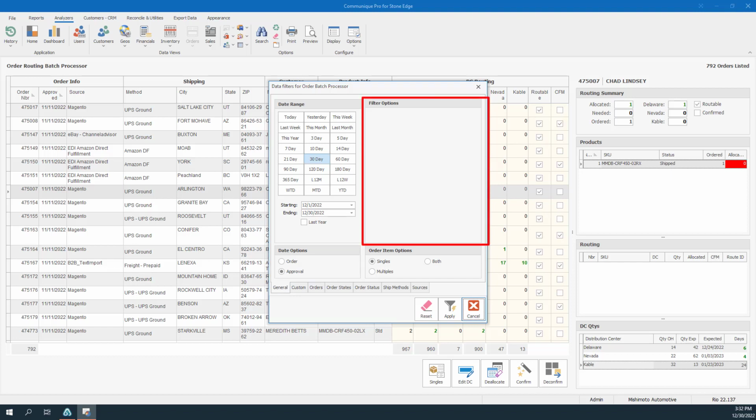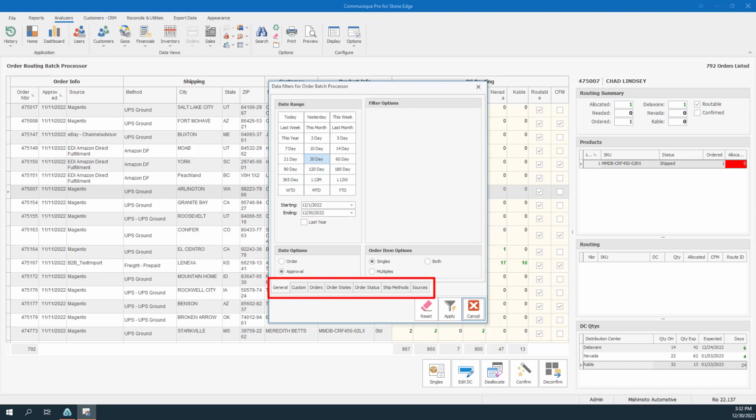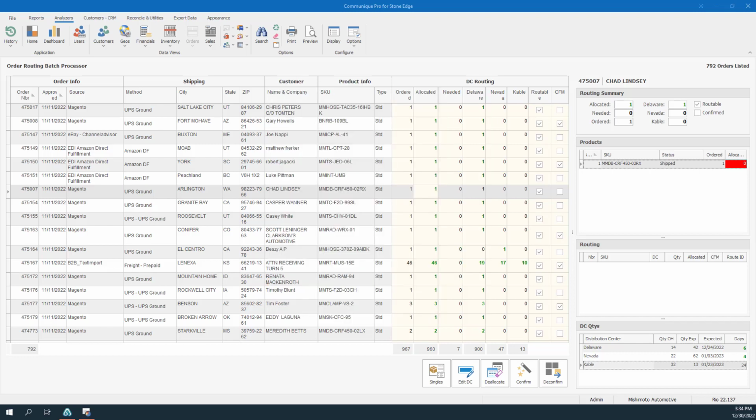The next set of filters we'll review are the filter options found in the upper right of the data filters. There are no filters currently defined, so there are none to discuss. We can use this area for any additional options you deem appropriate. The data filters for this report include additional filter tabs located across the bottom. You can filter by custom, orders, order states, order status, ship methods, and sources. Now that we've explained the filter options and what they signify for this analyzer, let's return to the batch processor